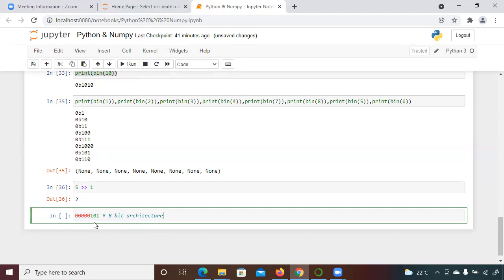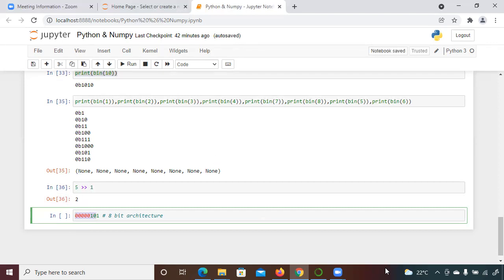Now if you want to shift it toward your right, whenever you see the shifting operator pointing toward the right, it means that you want to shift the binary representation of 5 toward the right by 1.